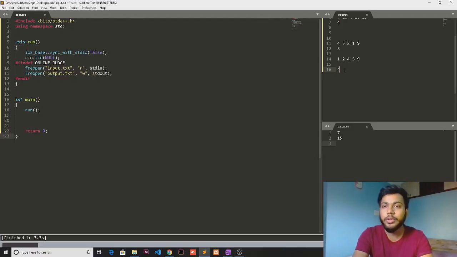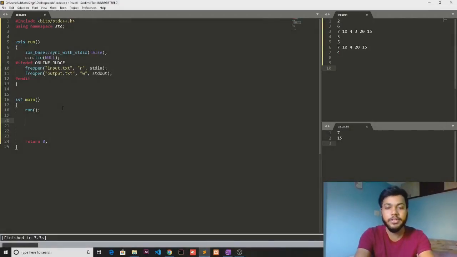Either I can do it like this, that I will sort the array and just print out the kth element. So this will take order of n log n. Also, I can use a max heap or min heap approach, and that will take order of n plus k log n. Alright. So both the approaches I'm going to discuss in this video.